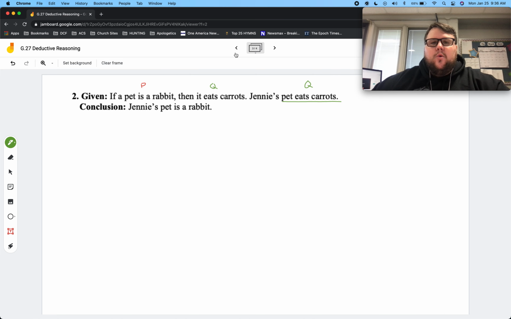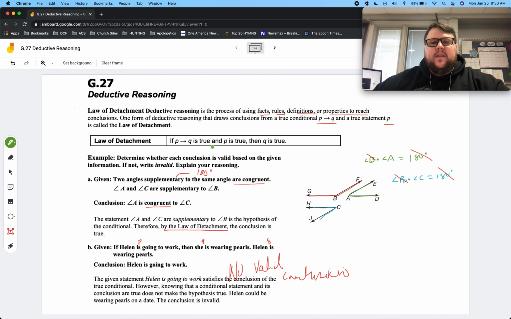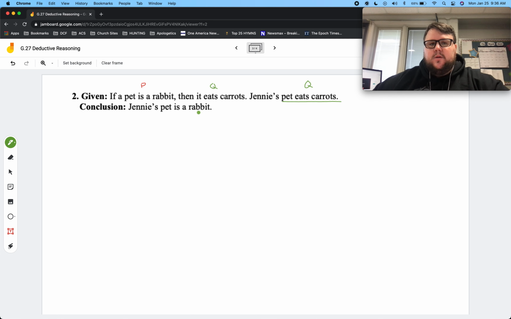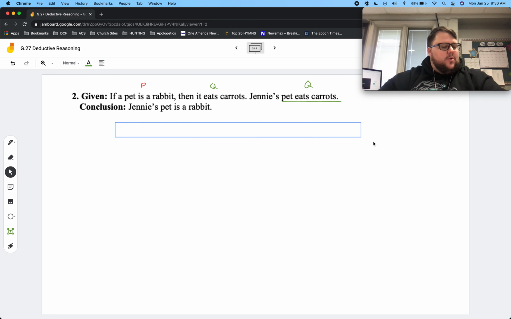So we already know the law of detachment says if P then Q is true, and P is true, then Q. But they didn't give us P is true. They gave us Q is true. So the conclusion, Jenny's pet is a rabbit, is that valid? Well, think about it. Jenny's pet is a rabbit. This is invalid. And remember, whenever we say it's invalid, we have to give a counterexample. So the counterexample is Jenny's pet